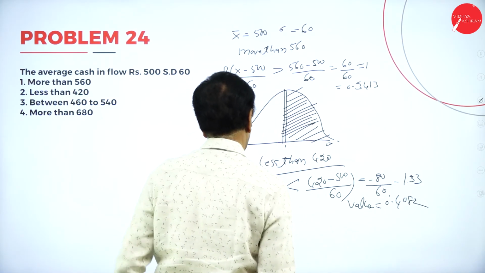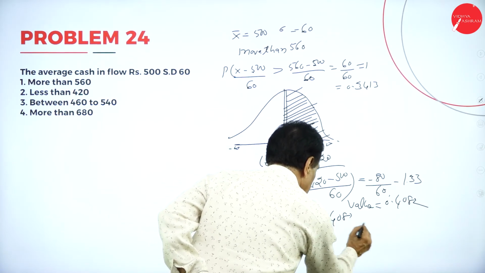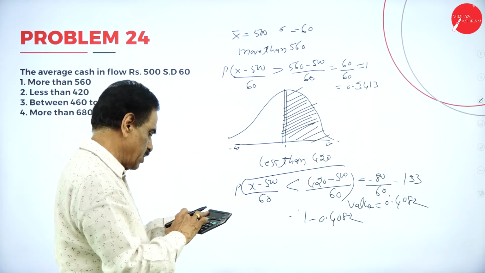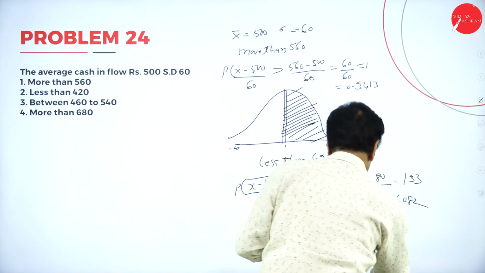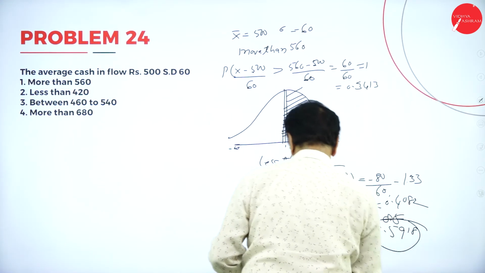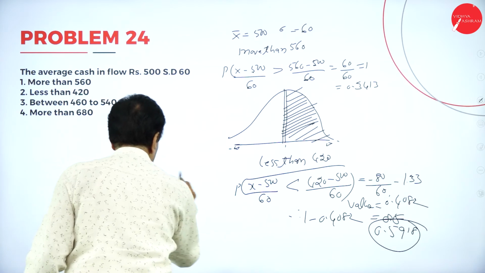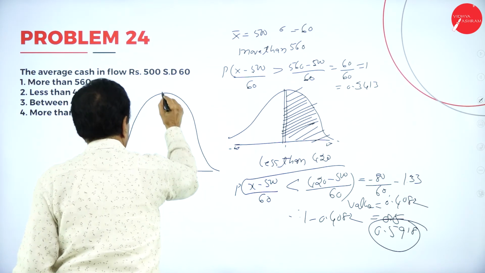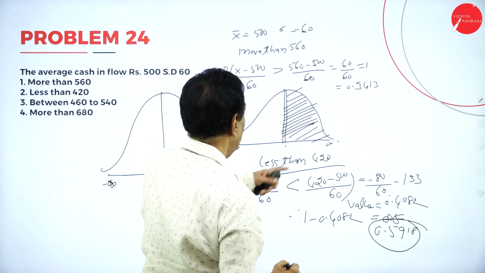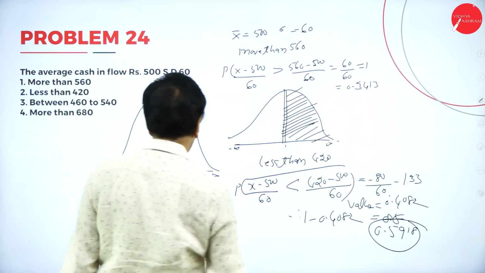0.4082. Therefore, 1 minus 0.4082 is 0.5918. So this is over. We'll put it to format now. Minus infinity, positive infinity. What's your value here? You got minus 1.33 somewhere. It is less than